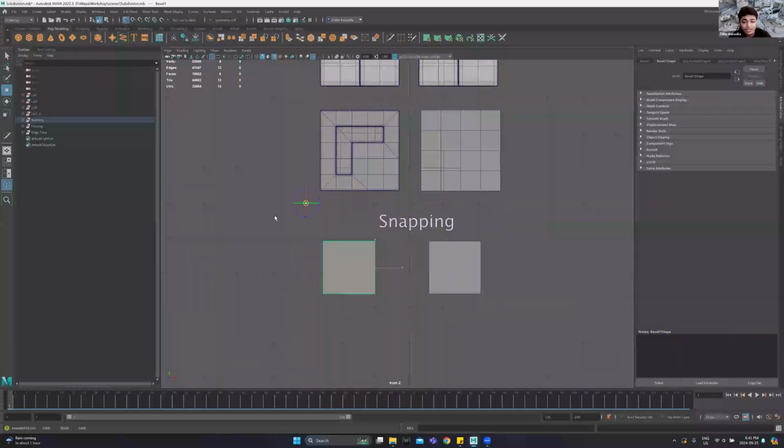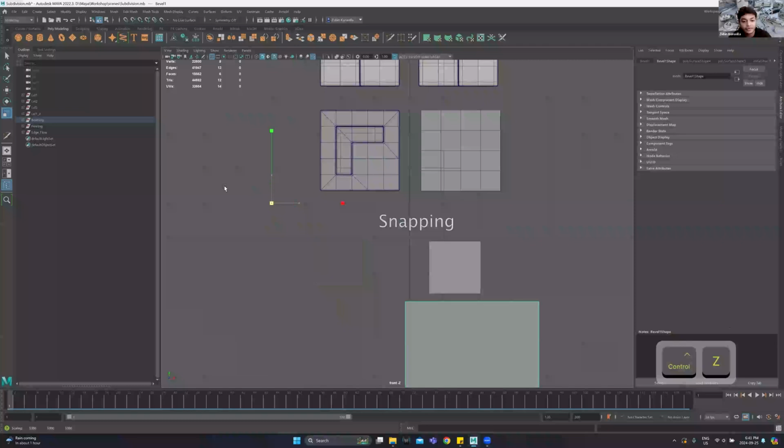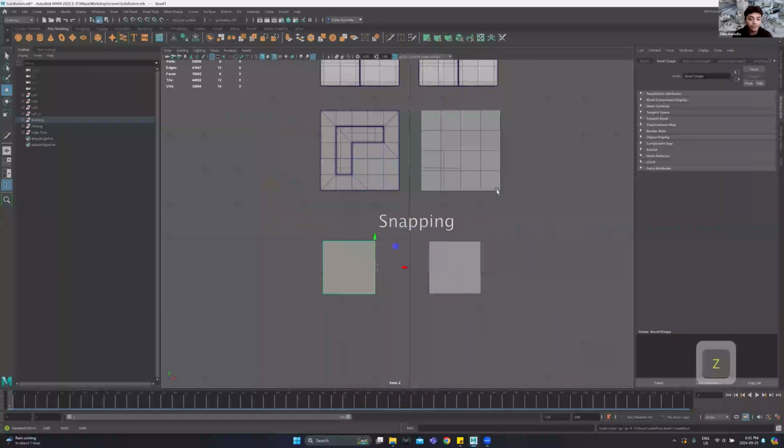And you might be like, why is this useful? Because when that becomes your pivot, you can do stuff like rotate around it, scale from it, and even use that to move and snap in increments to something else, right? So there are a lot of uses for it, but I definitely think now that we're gonna dive into some actual modeling, we're gonna see a little more of this. Okay. That being said,